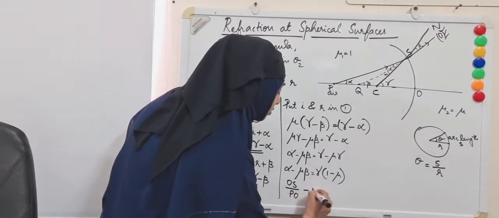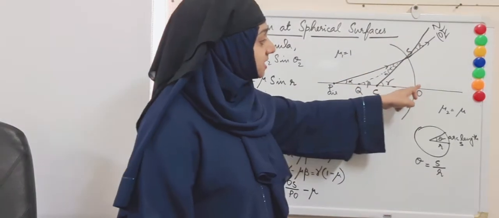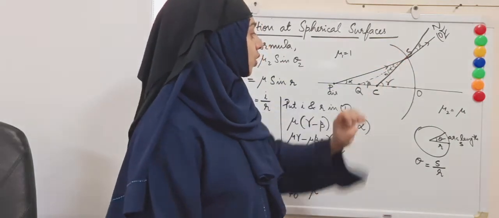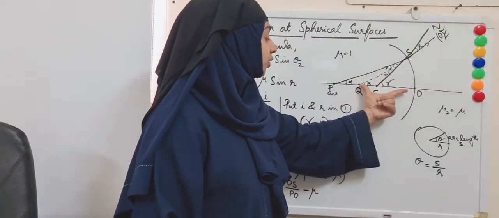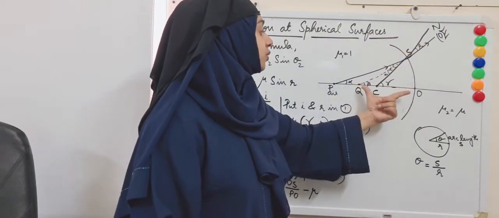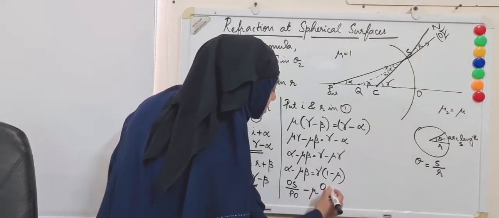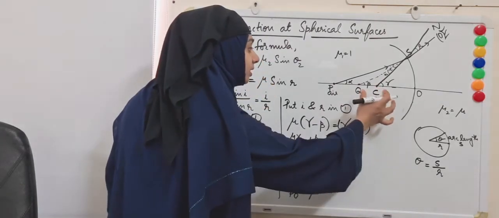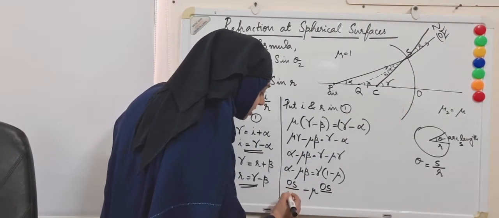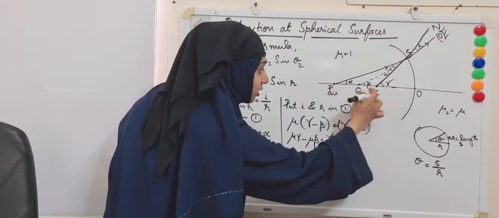minus mu times. What will be beta when you consider this angle beta? It's also part of a sphere having arc length OS and the radius OQ. So I can express beta as OS, arc length, divided by radius OQ. So mu times OS divided by QO. I represented PO, but it is better to write it as OP, from optic center to the object, right? So here OQ